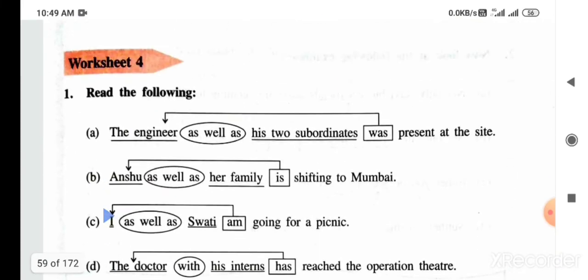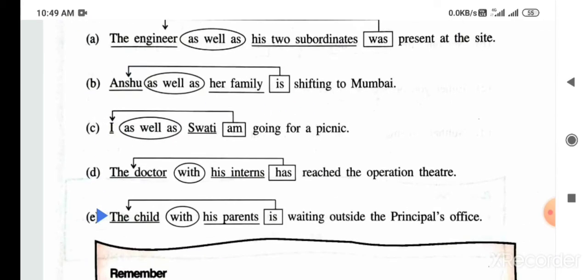Now worksheet 4, the engineer as well as his two subordinates was present in the site. Now you see the engineer यहाँ सब्जेक्ट है और इसी सब्जेक्ट के आधार पे was हम लोगों ने यूज़ किया है. फिर से देखते हैं. अंशु as well as her family is shifting to Mumbai. अंशु के आधार पे हम लोगों ने verb को यूज़ किया है. I as well as Swati am going for a picnic. I के आधार पे यहाँ पे verb